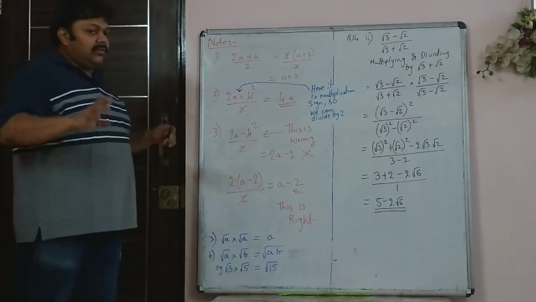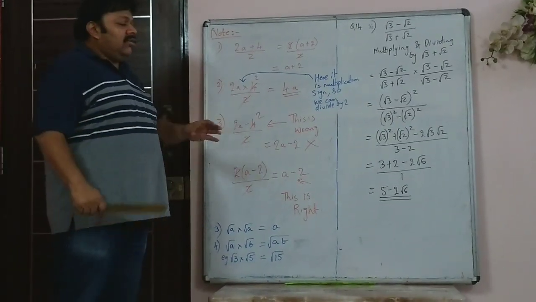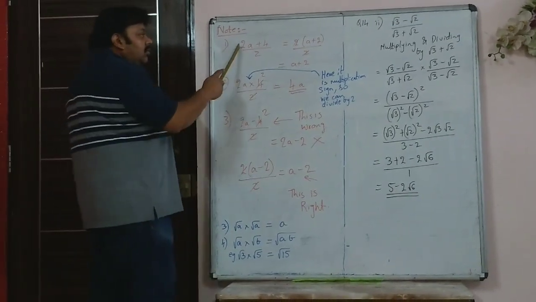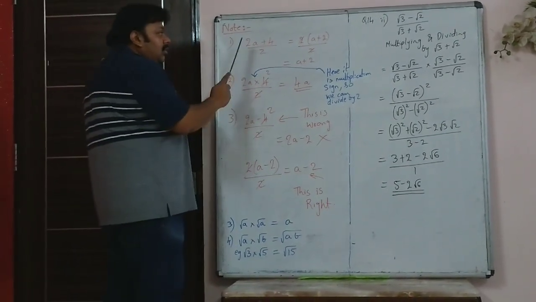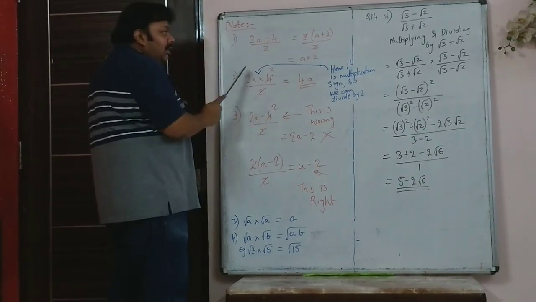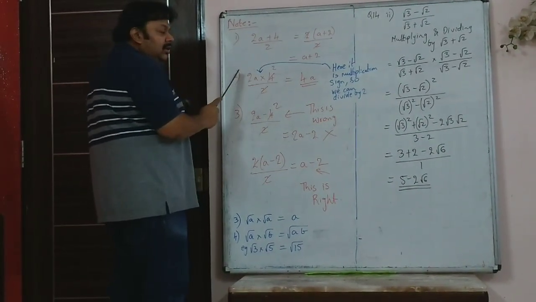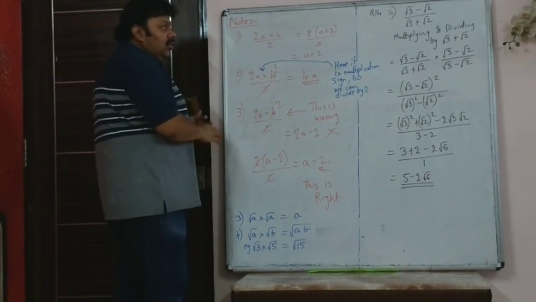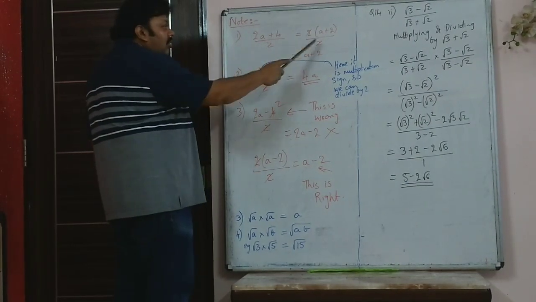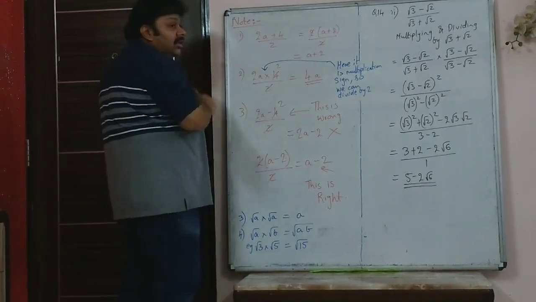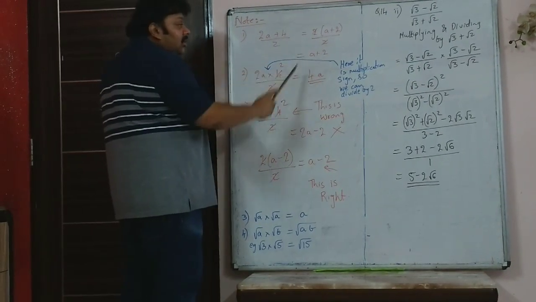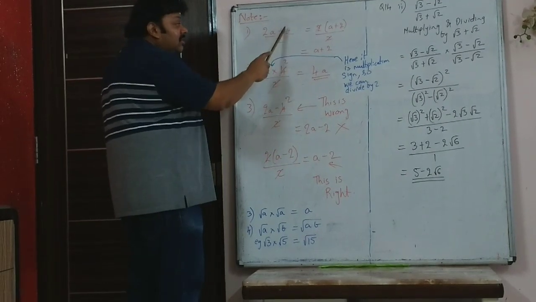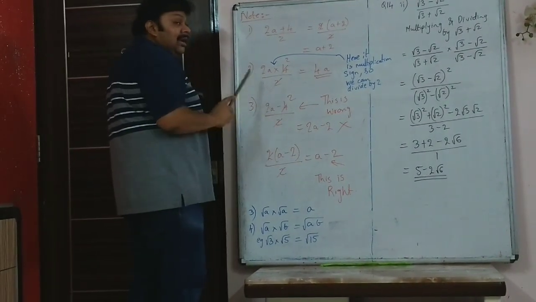So just to make it very clear what you are not supposed to do and what you should do where, I have written this note. 2a plus 4 upon 2. So I can't cut the 2 and 4 directly, or I can't cut this 2 and 2 directly. Either I have to split and write 2a upon 2 plus 4 upon 2, or easier, I take the 2 common, and after I take the 2 common, only then I can cut the 2 from the denominator, so you are left with a plus 2. This is because you have a plus. Same thing applies if you have a minus sign.